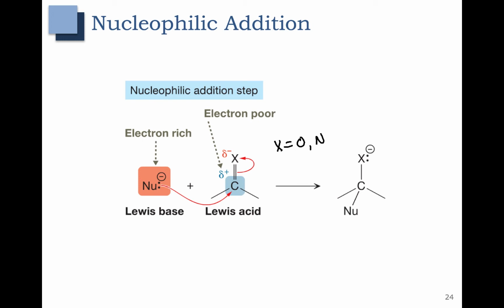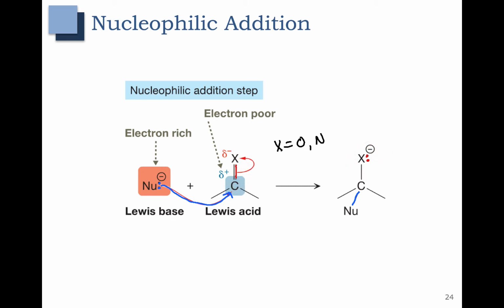Let's follow the electrons. Remember, the nucleophile, or electron-rich species, is going to go straight to that electron-poor carbon right there. And the carbon is electron-poor because it's attached to an electronegative atom over here, a delta minus, that's pulling away electrons. That's going to cause the carbon-X pi bond to break and put a lone pair on whatever the X group is. So that blue lone pair becomes a nucleophile-carbon bond, and the red pi bond becomes a lone pair on